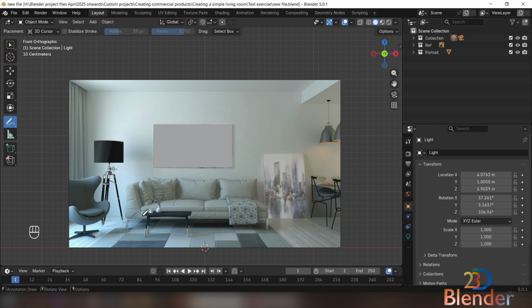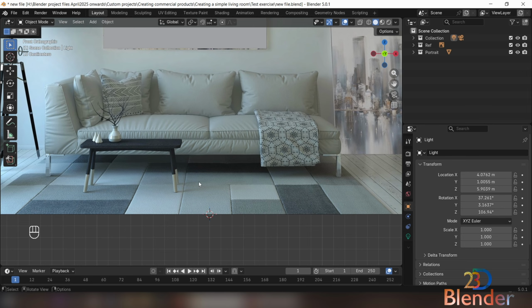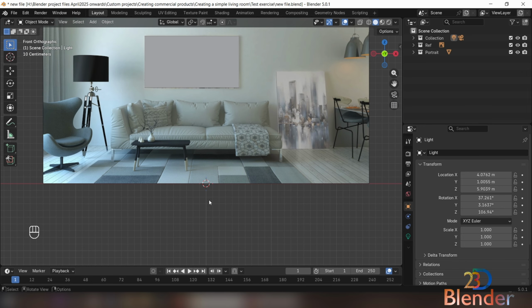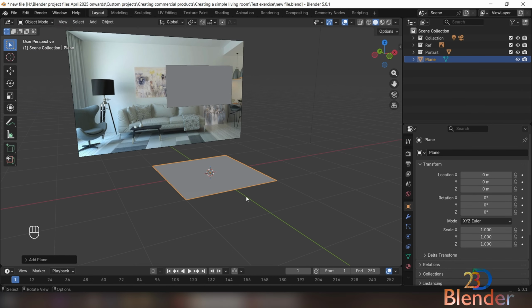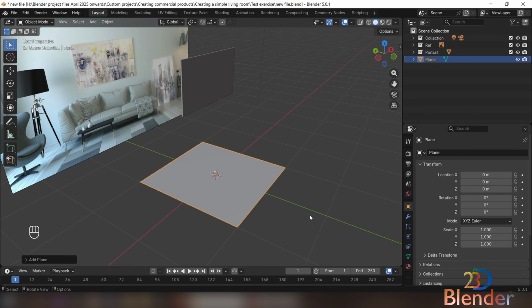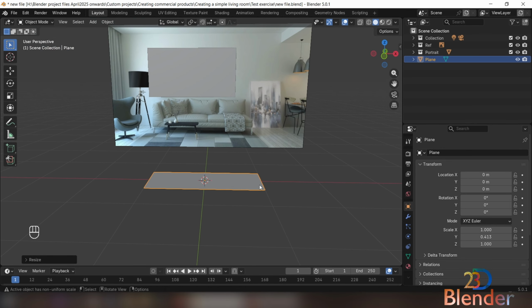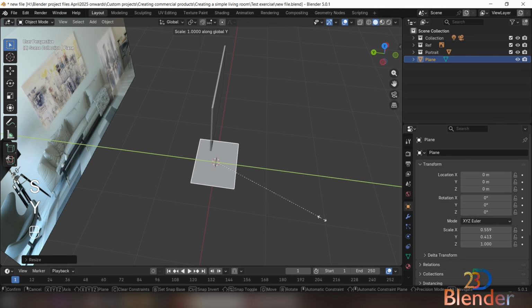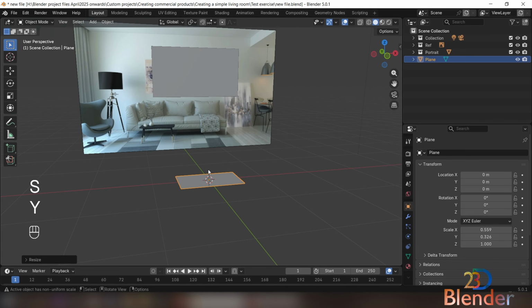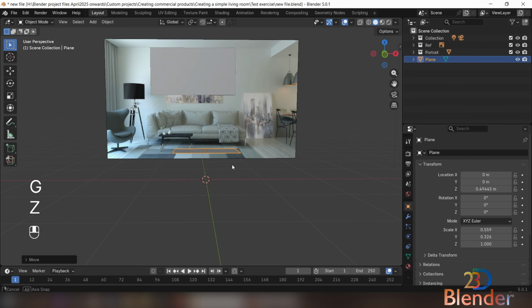Next we will try to create this table over here, and let's do that. We can do the same thing that we did before, just add another plane, and let's scale it down on y-axis like this, and on x-axis too, like this. I think a little bit more, and let's move it up a little bit, and just like the last time,